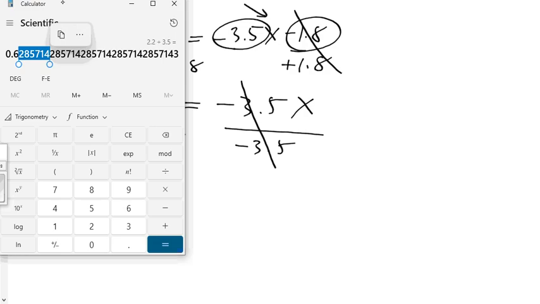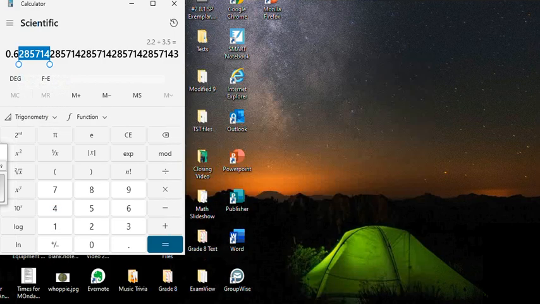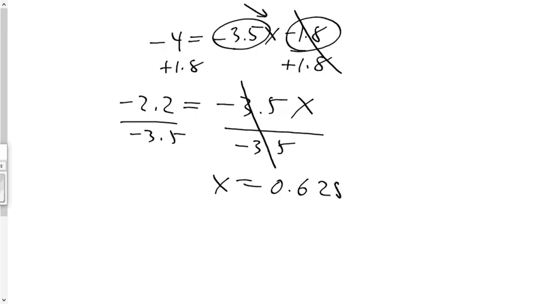But that's the repeating. So technically, your answer is x is equal to 0.6. If you wanted to put the exact answer, 2.85714, 2.85714, 0.714 with a bar above it. That is the exact answer. Or you can say x is approximately equal to